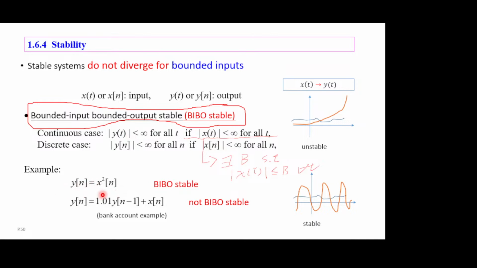So y of n equal to a square of n. Then this is bounded input, bounded output stable, because if x of t is less than some b, then f of n is less than some b, then y of n is just less than b squared. Okay. And what's something not stable is this